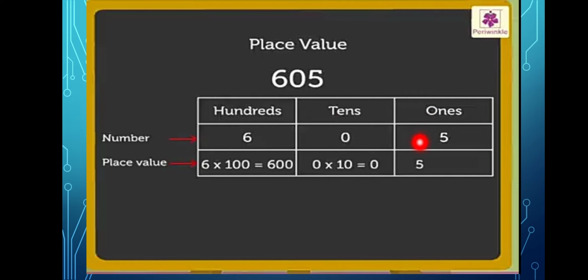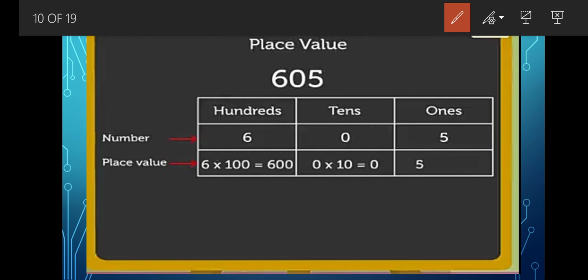So the place value of 6 is 6 into 100, that is 600. 0 is in the tens column, so 0 into 10, that is 0. 5 is in the ones column, so the place value of 5 is 5 into 1, that is 5. Okay students,